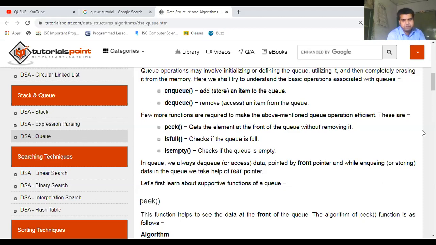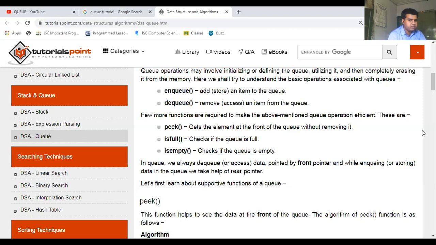Okay, so that is the peek method, and these are situational Boolean methods, that is is full and is empty. Boolean methods help us find out the status of the queue, whether we are in a position to perform any operation, enqueue or dequeue. To perform enqueue or dequeue means to perform the insertion or the deletion from the queue. So the first one is is full. It checks whether all the elements are there in the queue itself or not, because the deletion operation can only be performed provided your queue consists of some elements.